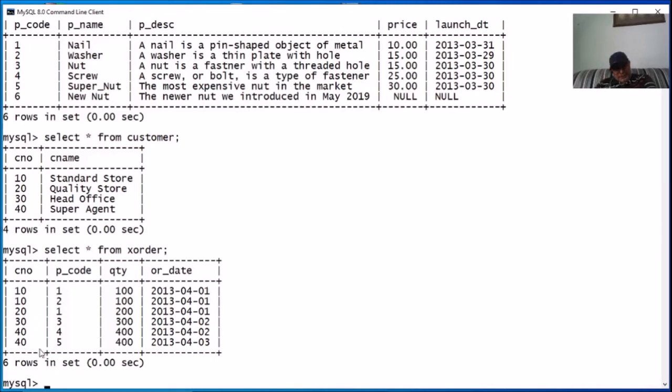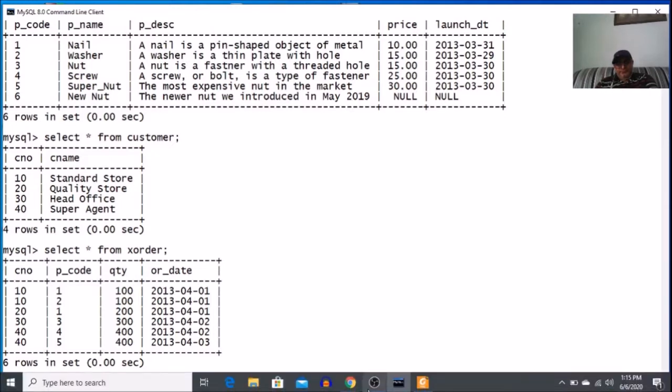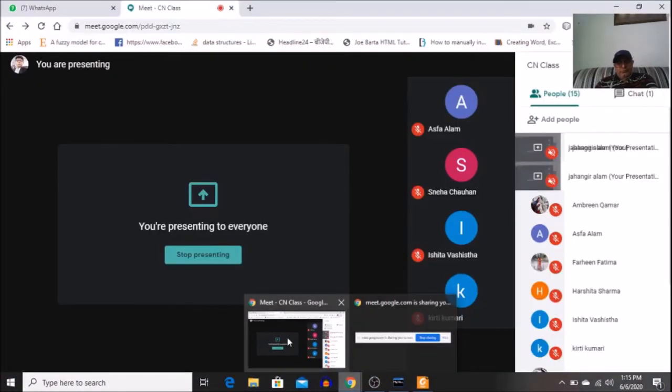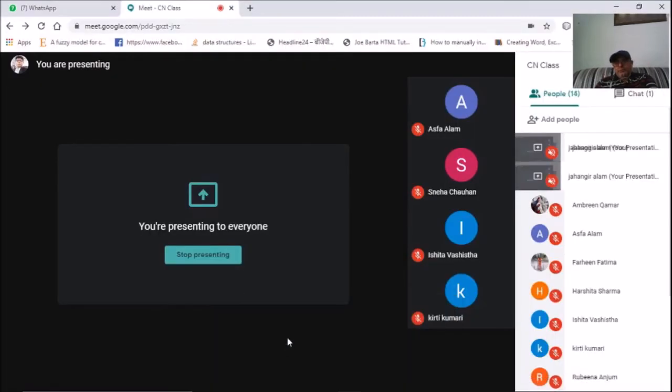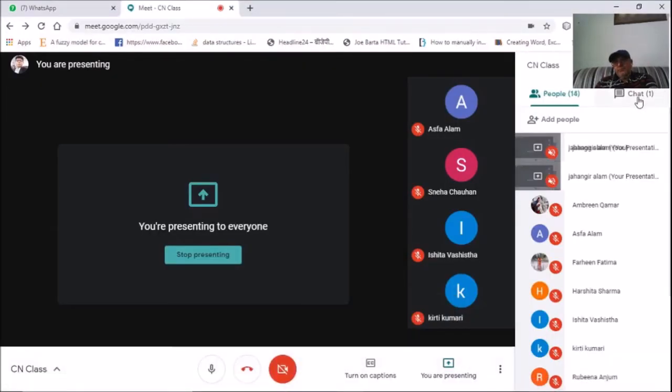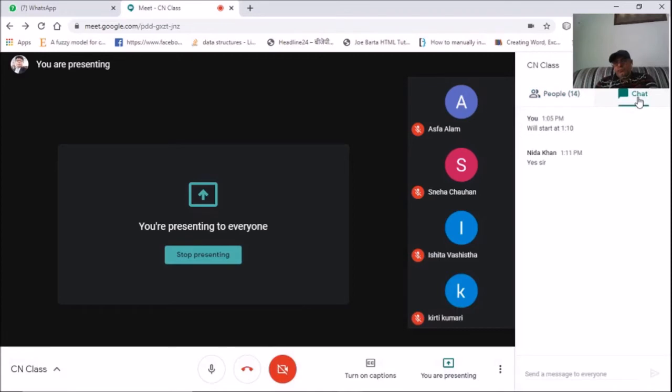Similarly, we can check for other customers as well. So this third table is connected to both the product table as well as the customer table. Is there any problem? Not at all.